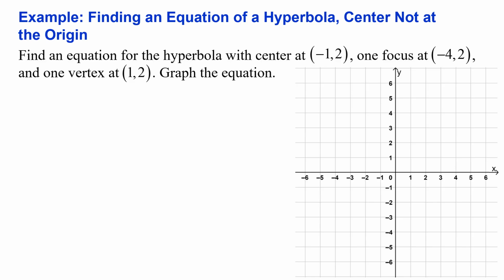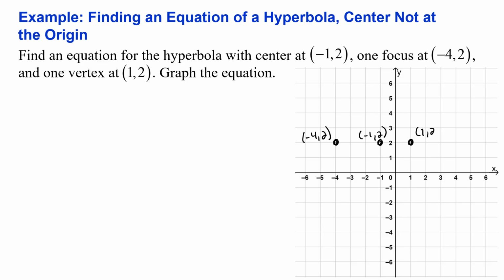In this example, we're told to find an equation for the hyperbola with center at -1, 2, one focus at -4, 2, and one vertex at 1, 2. Then graph the equation. First, let's plot the given information on an xy coordinate plane from -6 to 6 on both the x and y axes. Let's plot the center at the point -1, 2, one focus at the point -4, 2, and one vertex at